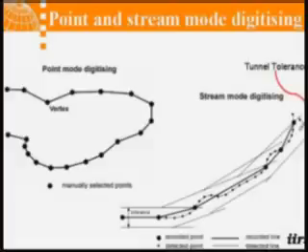When you are digitizing, you can do it in two methods. One is point mode digitization, another is stream mode digitization. In case of point mode digitization, what you will be doing is just clicking on a point and then digitizing. See, you click a point, and then you come to the second point, and then you again start clicking here, so that automatically a line is run, and then you click here, then this line